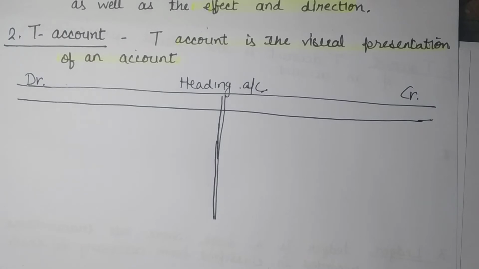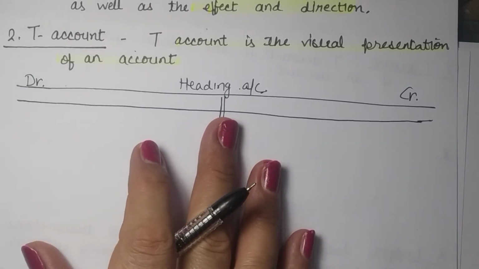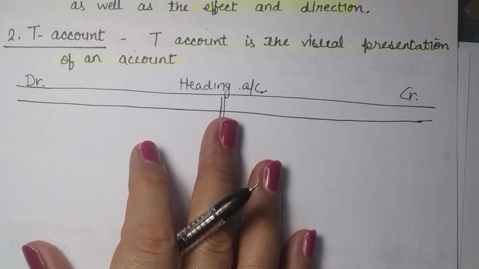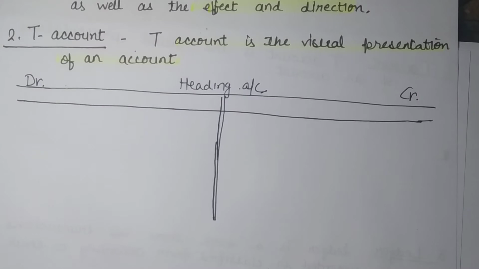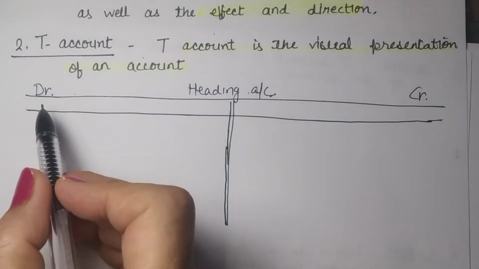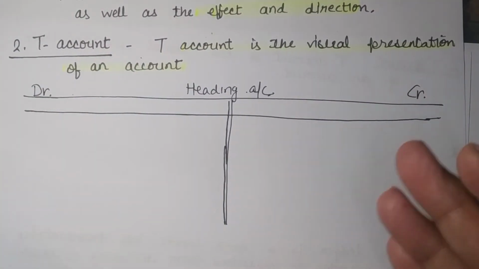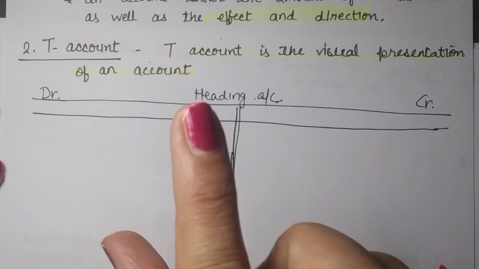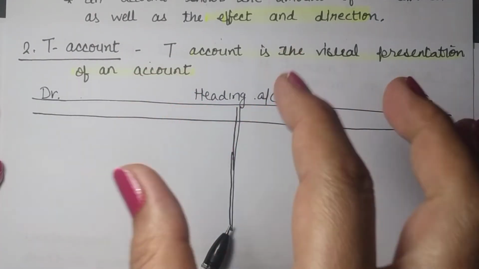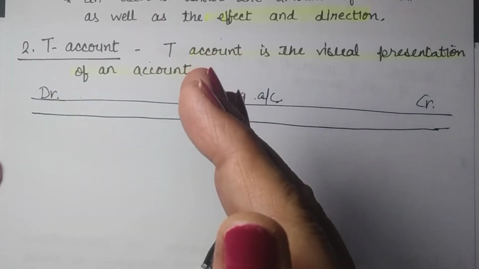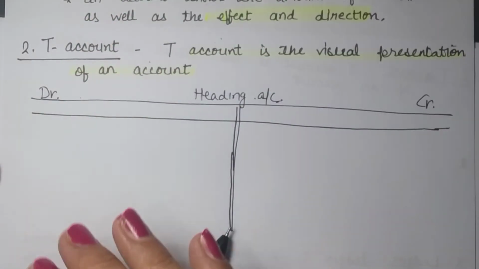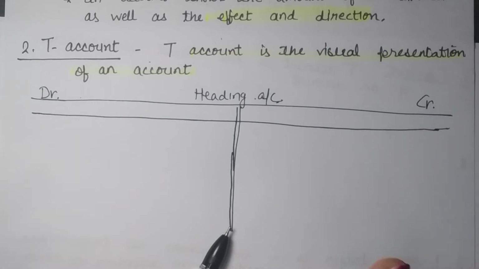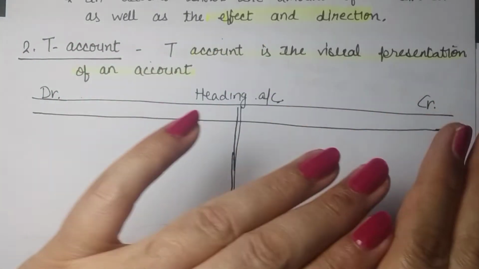Now what is debit? What is credit? Debit and credit is nothing but a means to show the direction. So debit and credit will be showing the direction. Now the account may have increased or it may have reduced due to a transaction. So that increase or decrease is shown through debit and credit. But it is not always increase or it is always decrease.